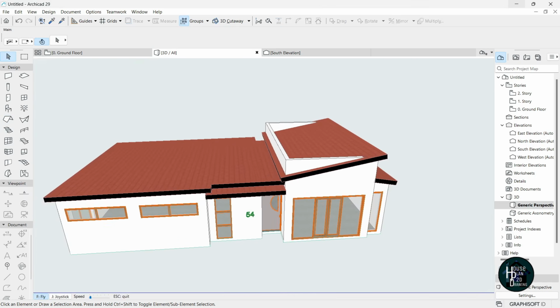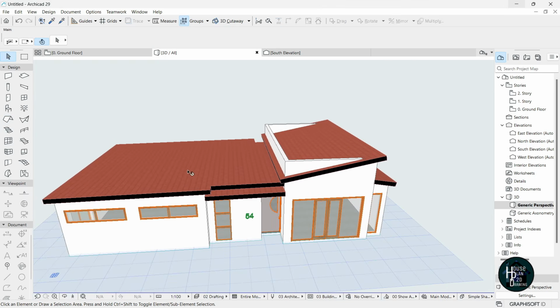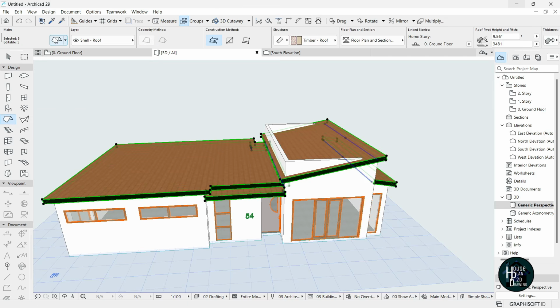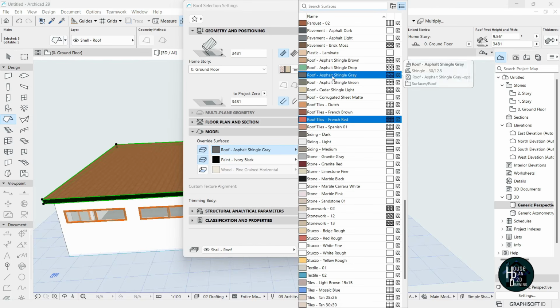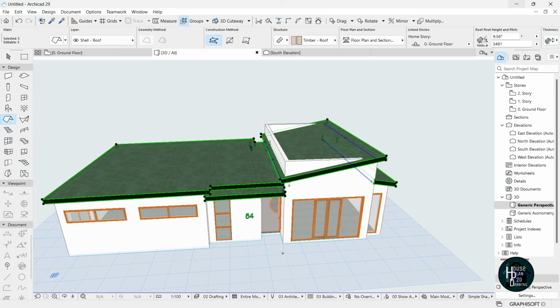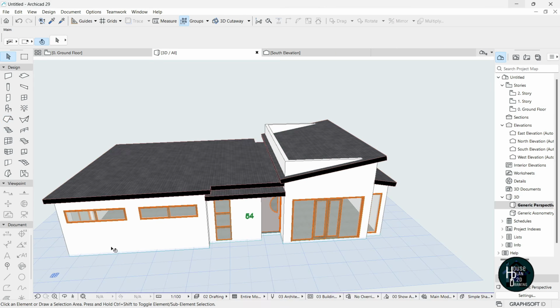Okay, you can decide to also change the roof model if you don't like this model. You can change the roof model by clicking on the roof, pressing Ctrl A, clicking on the settings dialog, and then clicking on this right here. Let's select this one, gray, and click on OK. Press escape, and we should be having it look like this too. The next thing I want us to do is